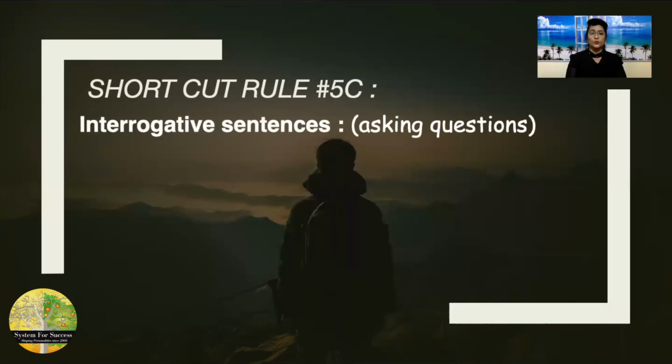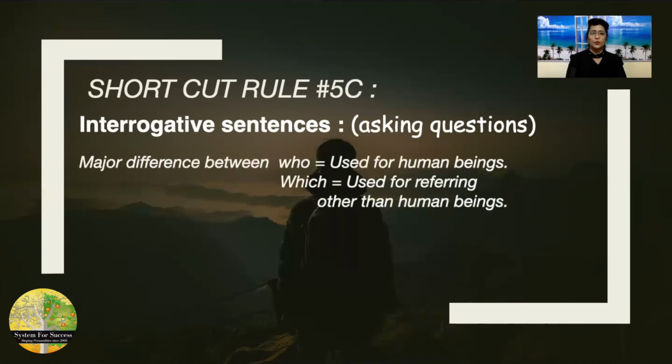Extension to the same rule, talking about who and which. The major difference between who and which is that who is always used with human beings and which is not used with the human beings. It is used for referring some other things. For example, अगर आपने पूछना है कि आपकी मूवी कौन सी फेवरेट है, then the sentence will be which is your favorite movie. लेकिन अगर आपने पूछना है कि स्टार कौन फेवरेट है, डेफिनेटली कोई इंसान होगा जो आपका स्टार